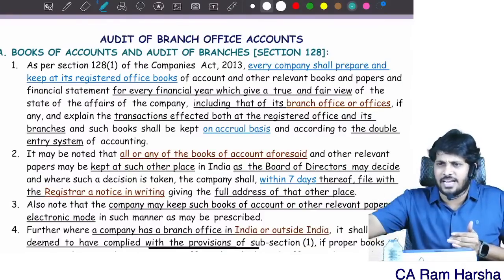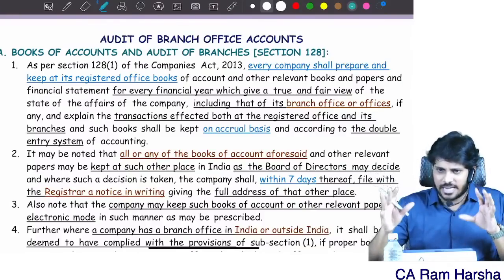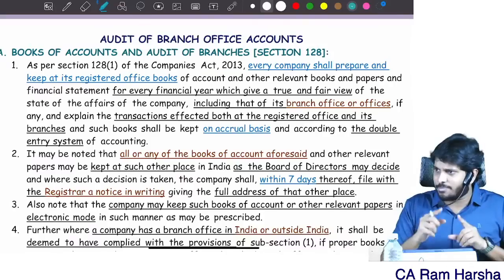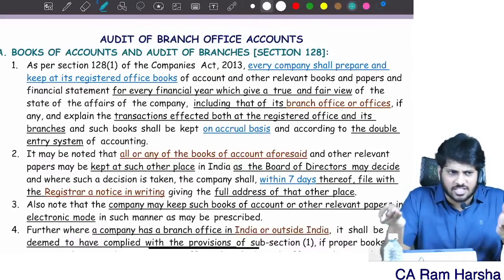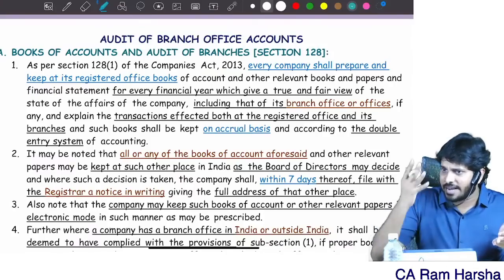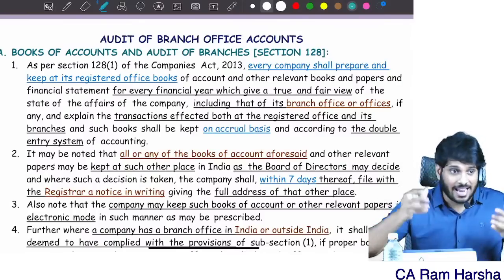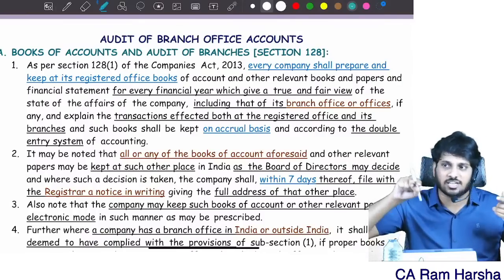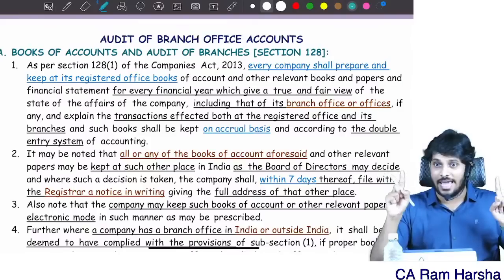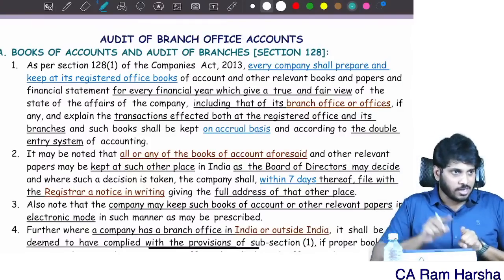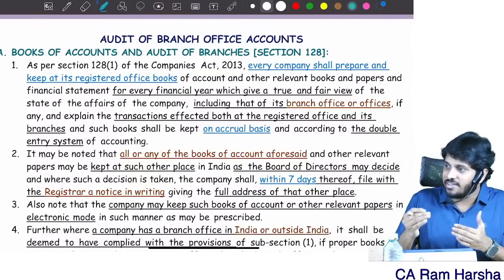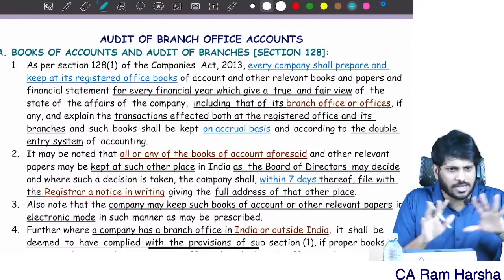Business may be happening at branches. Suppose ICICI Bank or Kotak Mahindra Bank has some 10 branches within Chennai. But accounts are not maintained at the branch. At a branch, what is happening? Transactions are only happening, but not accounting. Accounting is centralized in private sector banks. So having compulsory branch accounts is not a big deal.